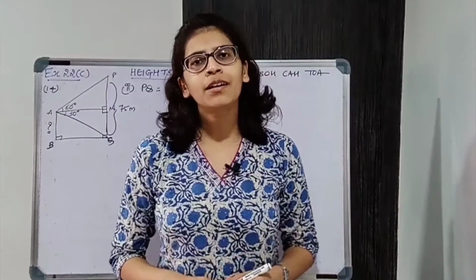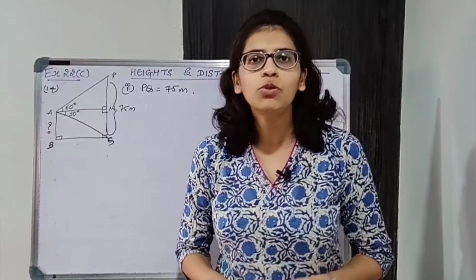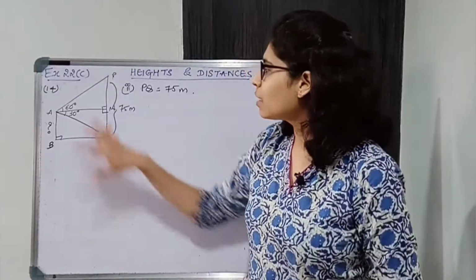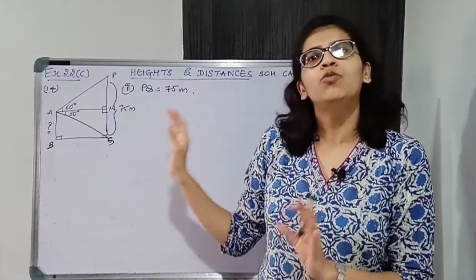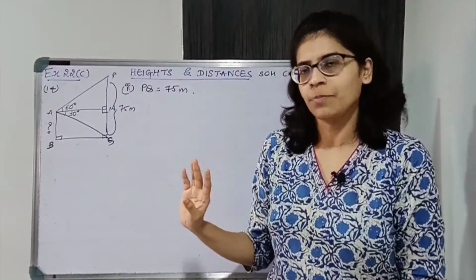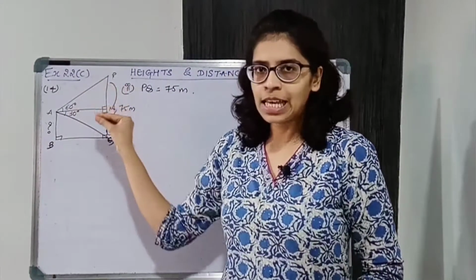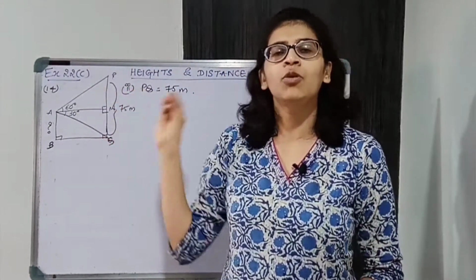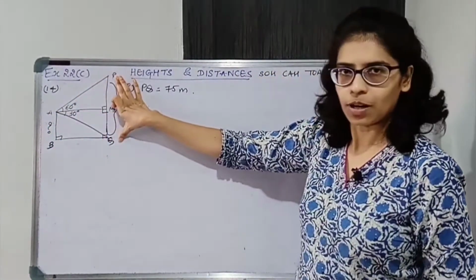Now in the second part we are given the height of the tower and we have to find the height of the pole. So the diagram is going to be the same. You'll draw the diagram again, okay? You won't consider the same diagram of the first part. So you have to draw the diagram again in the second part. Everything is the same, angles are also the same. The only difference is that instead of AB, PQ is given, okay?